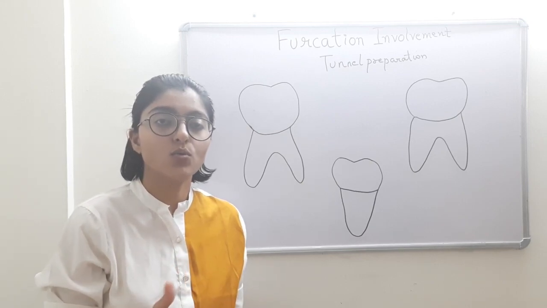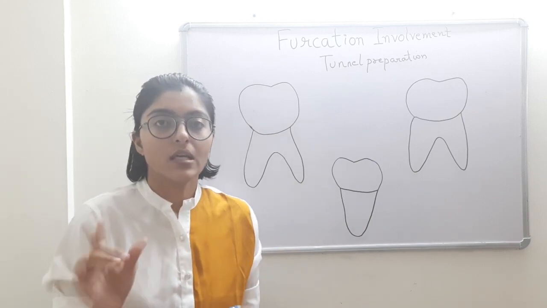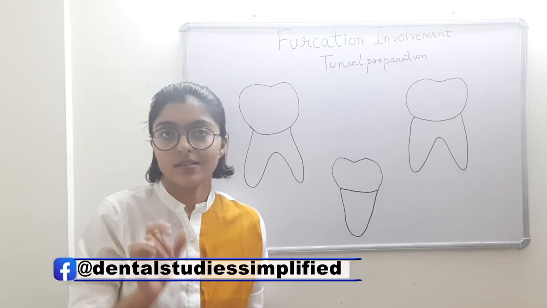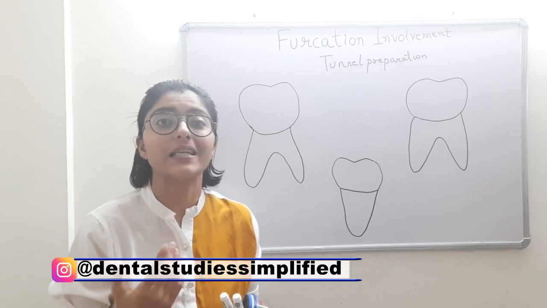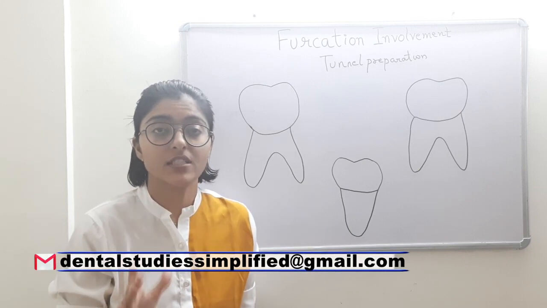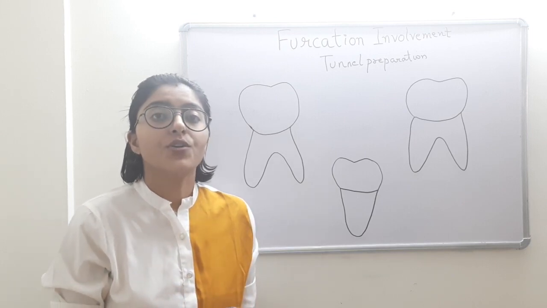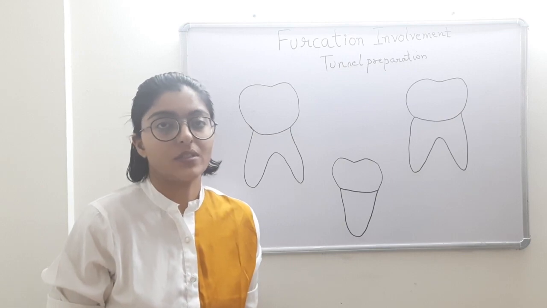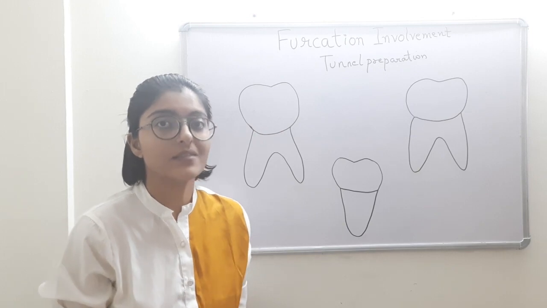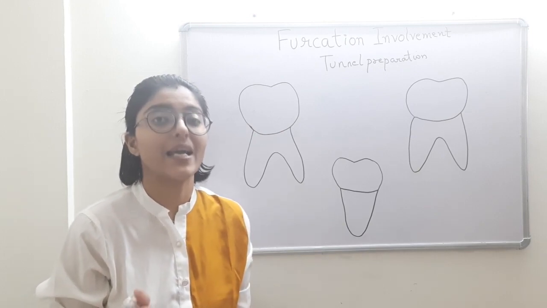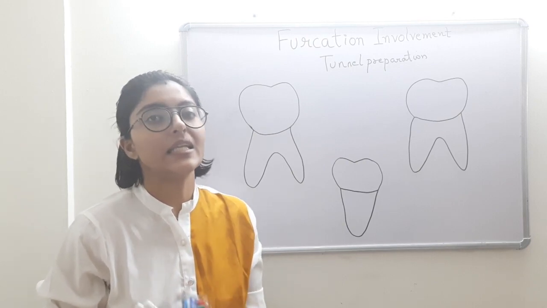Now why do we want to convert a deep grade 2 or grade 3 into grade 4? See, the main difference is clinically visible. Why do we want to make a furcation involvement clinically visible? Simple. The objective is to allow the patient to access and maintain that area during their oral hygiene performance. Clear? When a patient performs the oral hygiene procedures on a daily basis, this furcation involvement area should be accessible and maintainable by the patient, and that is why it has to be clinically visible.